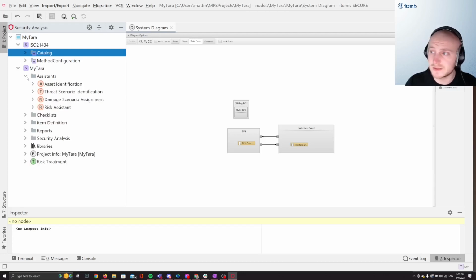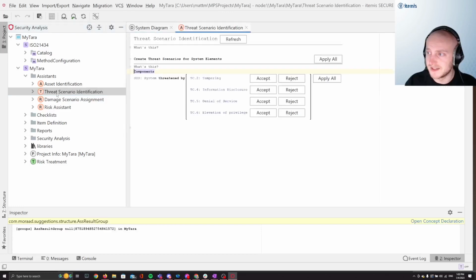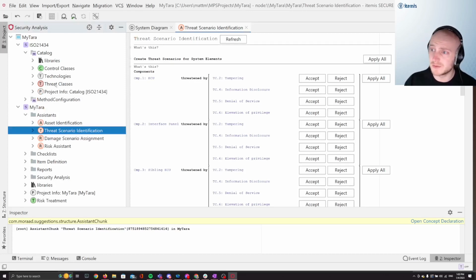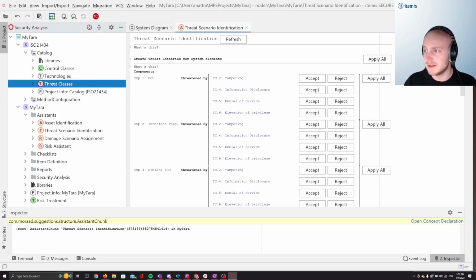So in order to start this process, we're going to be opening the assistant and going to our threat scenario identification assistant. Go ahead and give it a refresh so that it finds all the components that we have. So what this is doing is it's taking all the facets from our item definition and comparing it to threat classes that are stored within our threat class catalog. We have another video going over the threat class catalog configuration, so I would look into that if you're looking for more specifics on that. But if you just want to know the general location, it's within the threat classes section of the catalog for